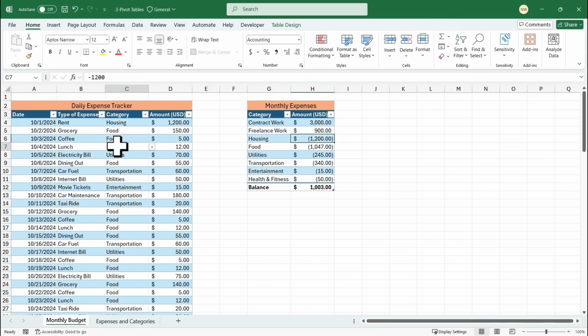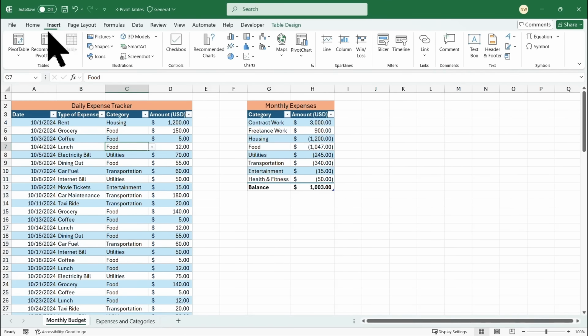I'll go ahead and click on my table here. And if you've never worked with pivot tables before, it's a way of just condensing all the information. We can extract this daily expense tracker table into a pivot table, and we can ask the pivot table to answer specific questions for us. I'll go ahead and click on the Insert tab, and on the Insert tab on the far left there, we'll see the actual pivot table. So I'll go ahead and click on Pivot Table,